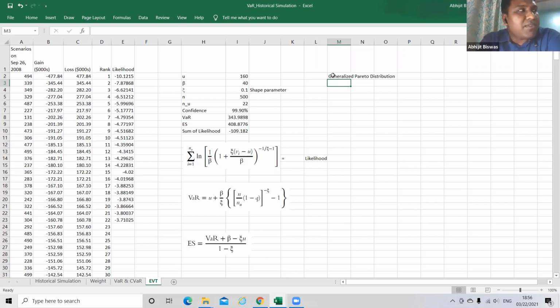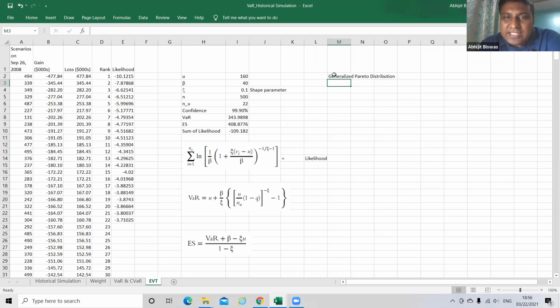Extreme values of a particular distribution are different from the rest of the distribution. And these extreme values follow a particular distribution that is called the generalized Pareto distribution, right?